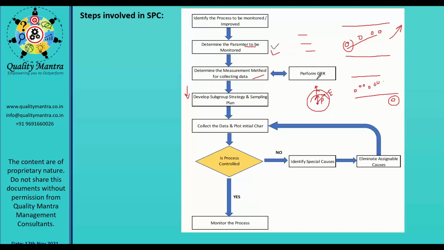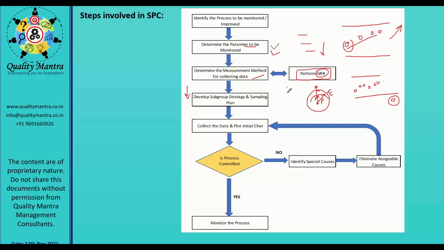So basically, that's why you need to perform the GRR, and this MSA, basically measurement system analysis, is one of the core tools of IATF. That is covered in the IATF training, on the basics or awareness of the IATF core tools. So one of the core tools like APQP, PPAP, MSA, SPC, FMEA, and control plan also. In that, a detailed study is there, but basically you need to understand, you need to carry out the GRR.